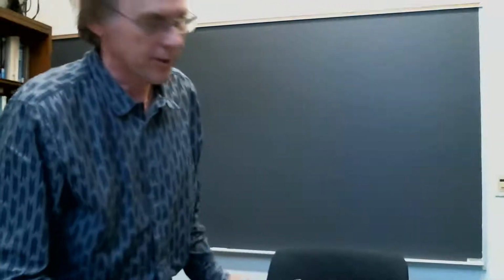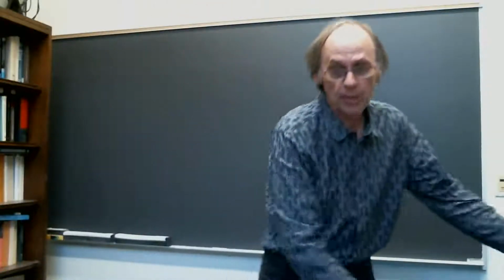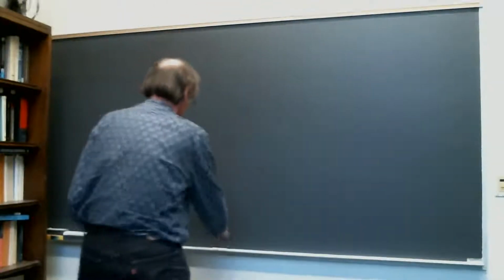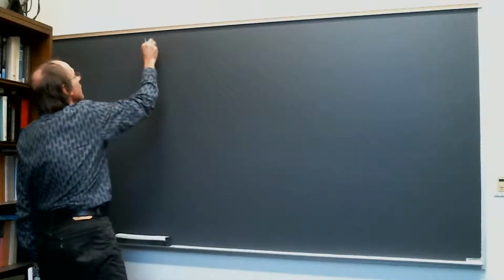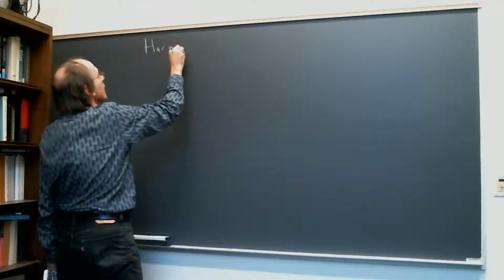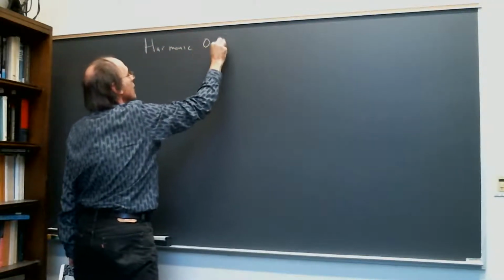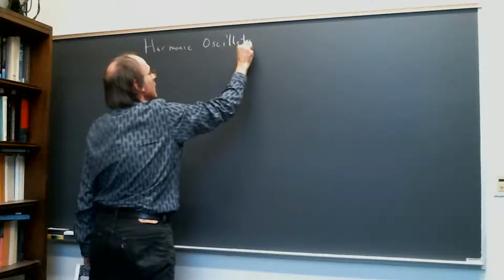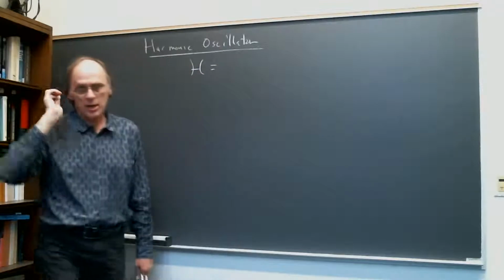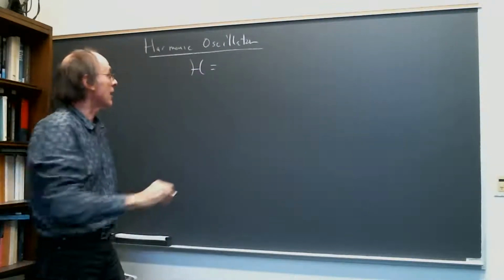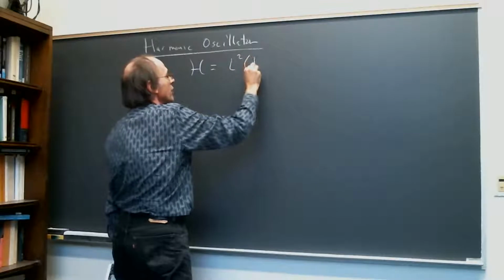Let me first say something quickly about the harmonic oscillator again, and then get back to coherent states. So the harmonic oscillator. So we had... Remember, I started out with the standard description of this thing, which uses the state space L2 of R,